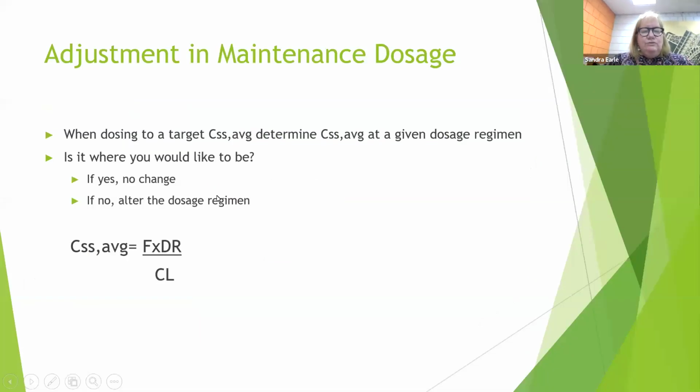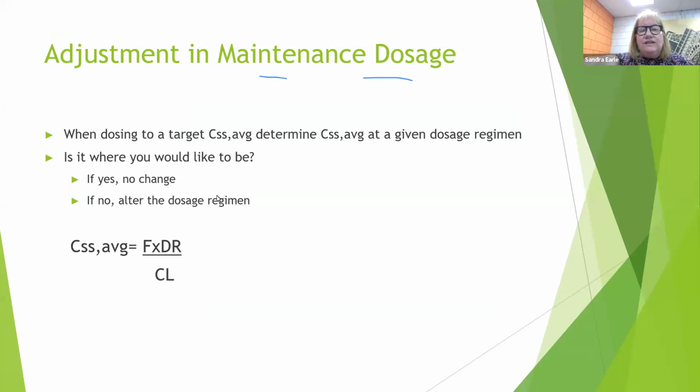All right. So we've talked about how to start a dosing regimen, and now we're going to talk about how to adjust. So we've done a lot of adjusting, just saying doubling or halving when we know that there's been a change in CSS average, but we know we can be more refined than just doubling or halving because that isn't always what's necessary. So how do we